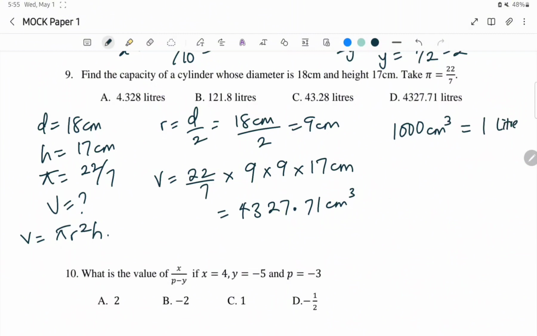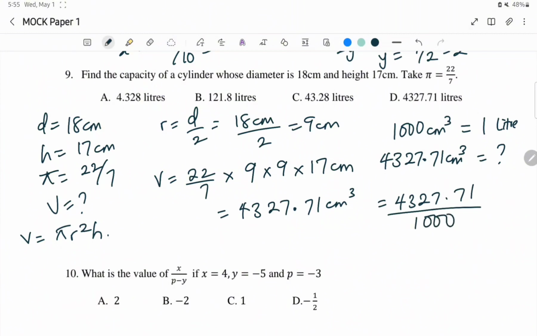That would mean that our answer, which is 4327.71 centimeter cube, will be equivalent to how many liters? And that's simply 4327.71 divided by 1000 liters. And that will give me